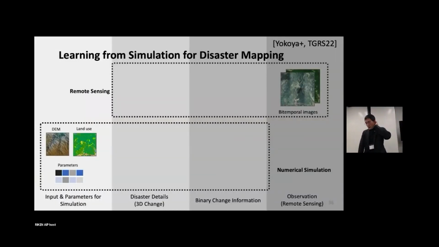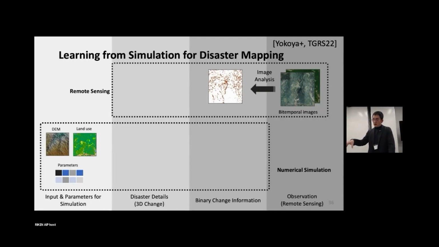Let me explain what is the trick behind. It's a combination of remote sensing, numerical simulation, and deep learning. From remote sensing images, we can get binary change information, but unfortunately, that's all. If we have LiDAR sensing or some other measurements focused on measuring height, it's another story. But if we have only 2D optical or SAR images, binary change information is what we can get, together with some noise. And there is another research discipline based on numerical simulation, and they